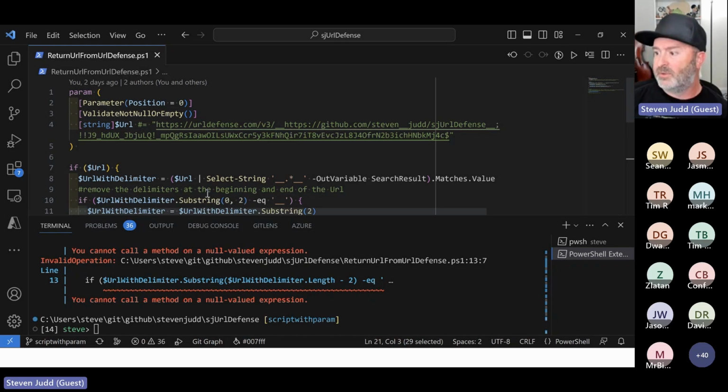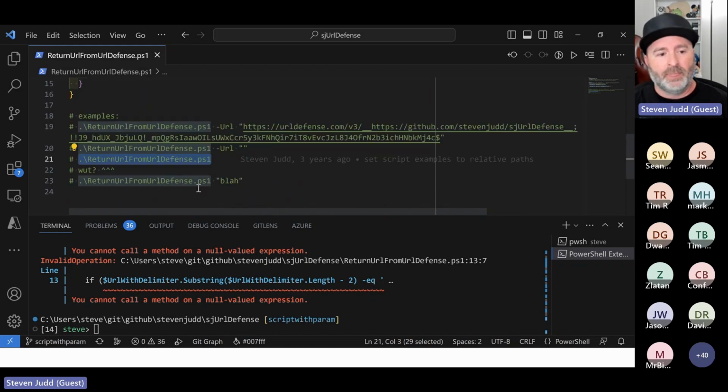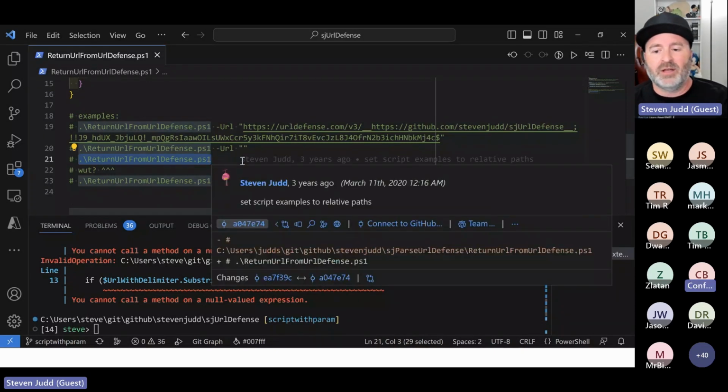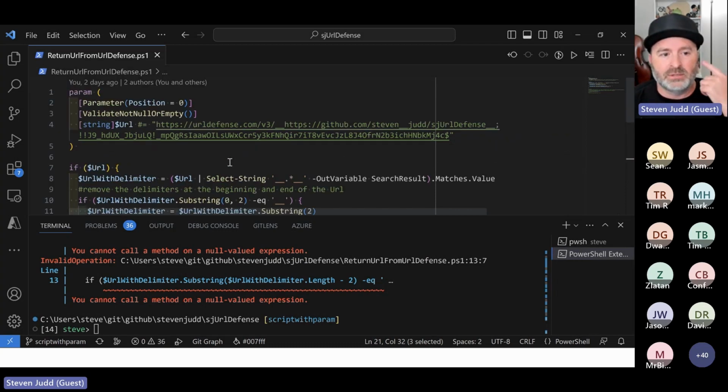Has parameter not mandatory? Yes, that is one thing that is true. The parameter is not mandatory. But the reason that mandatory would affect this is because I didn't pass it the parameter at all here, it doesn't actually validate whether it's null or empty. It would only validate it if I had the URL on there like this one does. If you don't pass it, so if you're thinking to yourself, hey, I'm going to put validate not null or empty, then you better enforce that that parameter is in use. And that was where those guys are right. You need to set it to mandatory.